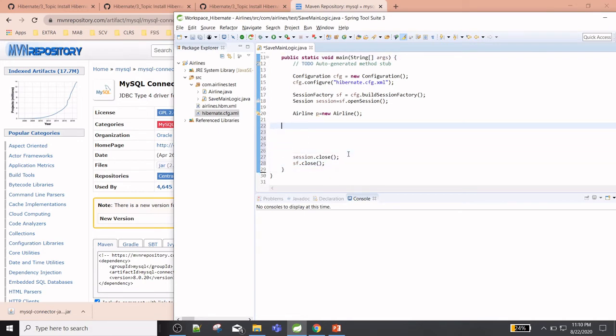So inside we need to set all these values, like if I need to set them in the database. So this is the section.